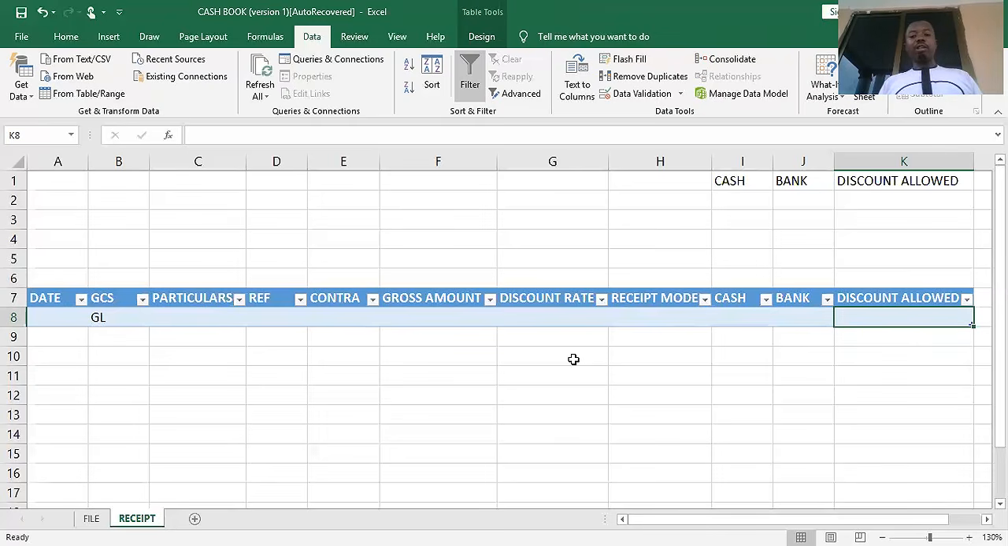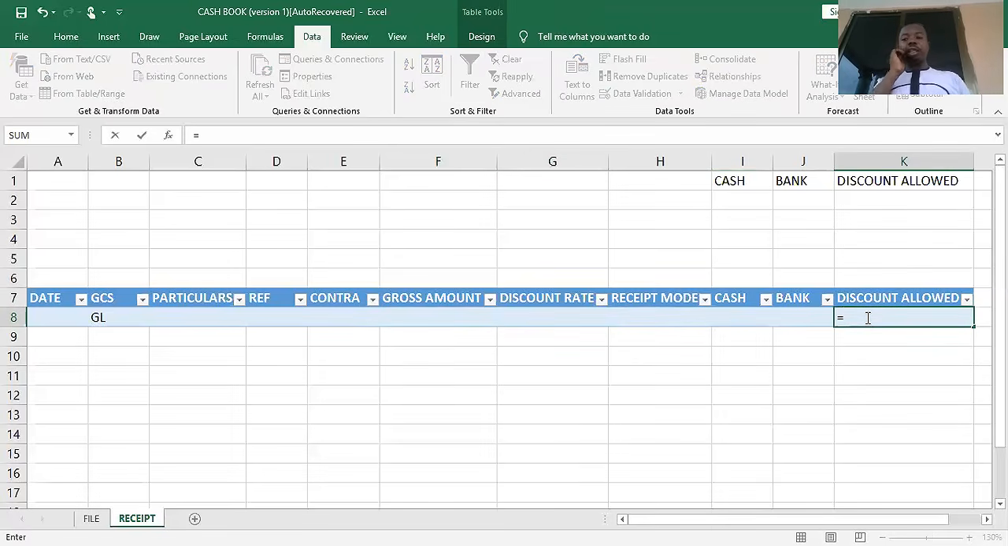The discount allowed value is calculated by multiplying the gross amount by the discount rate. So I will start with the equal sign because it is a formula. Every formula begins with the equal sign. So I start with my equal sign, then the gross amount, which is F8, minus the discount amount, the discount